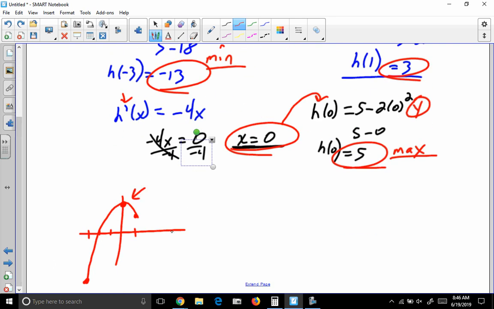So yeah, that's where our maximum occurs. We have a maximum of 5 when x is 0. We have a minimum of negative 13 when x is